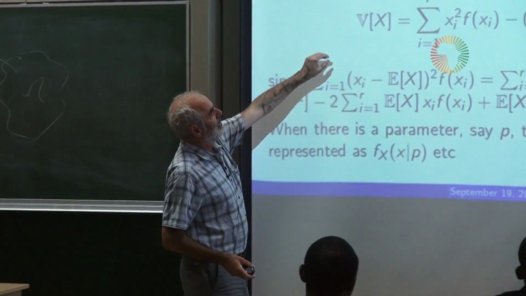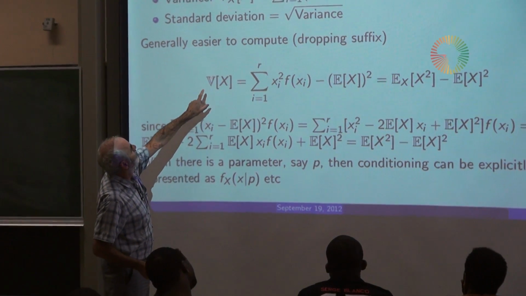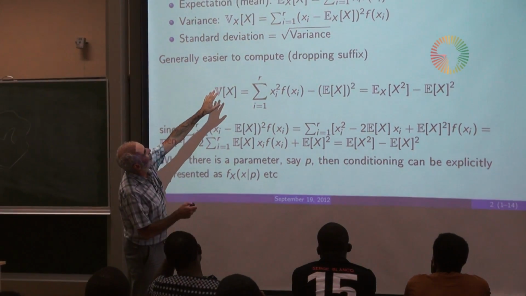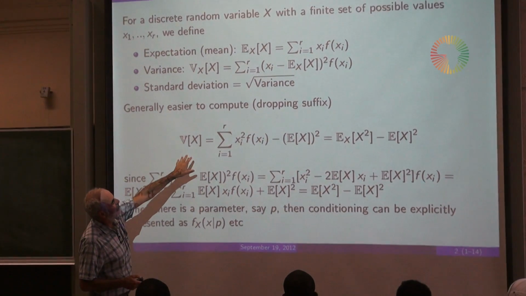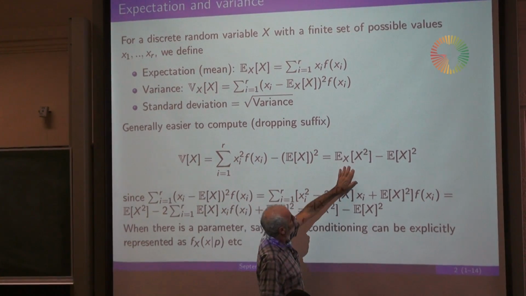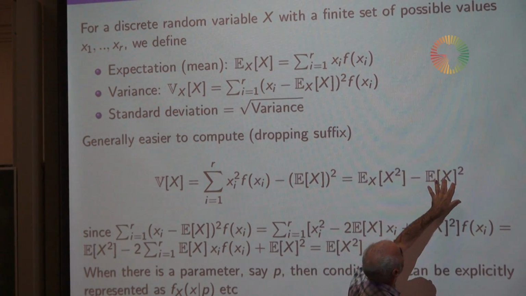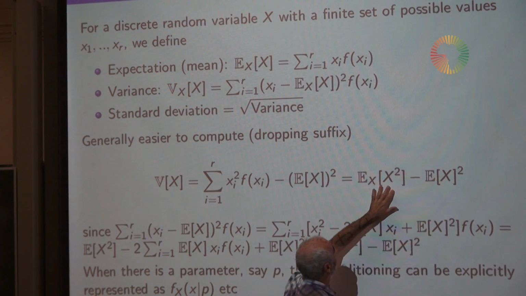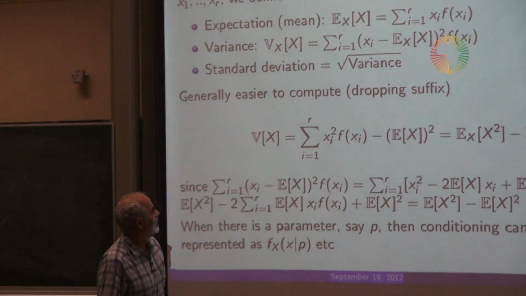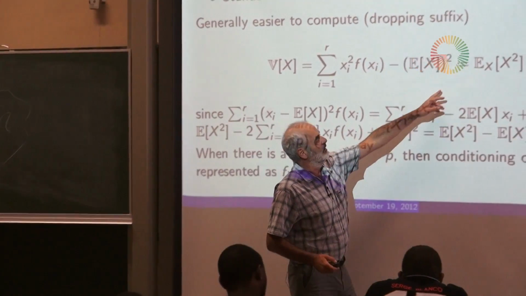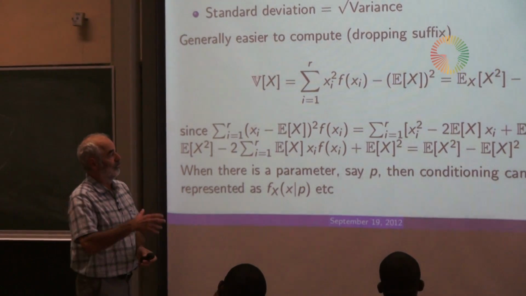On the variance, it's important to note that the easiest way, usually that's what it's defined as, but it's usually easier to calculate it as the expectation of the square of the random variable minus the expectation all squared. So the expectation of the square minus the expectation all squared. And because this is often quite easy to calculate, we just look at the distribution for X squared.